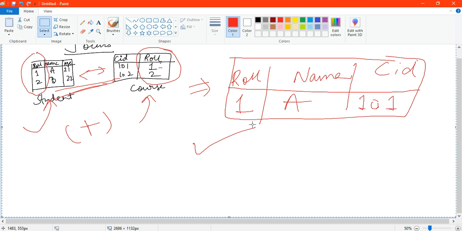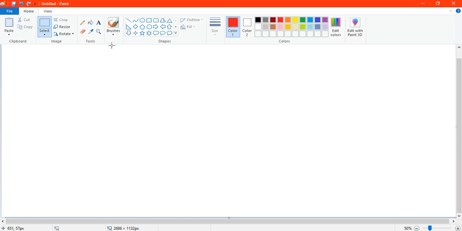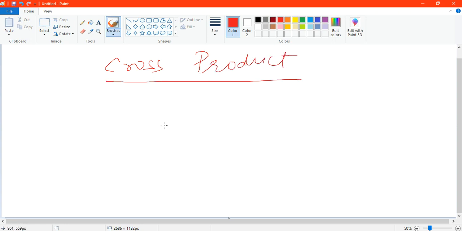The next thing I want to take is cross product. I'm covering every topic; you will not find this much detail anywhere. Others will just take the four joins which I showed you at the start, but I am taking it from the very basics. What does cross product mean? When you are joining two tables, what happens behind the scenes is that both tables get multiplied. Multiplied does not mean arithmetic multiplication.